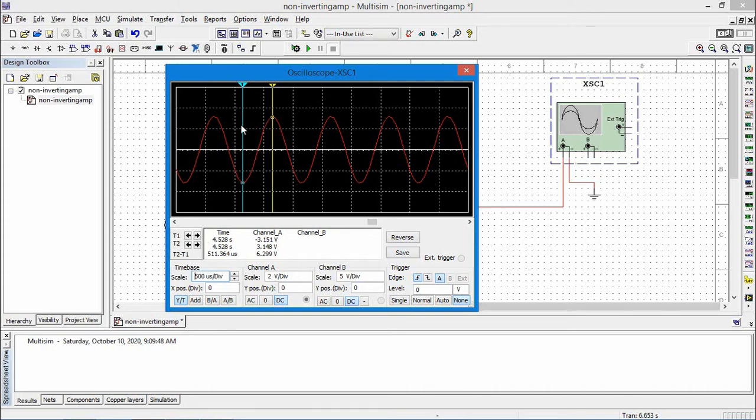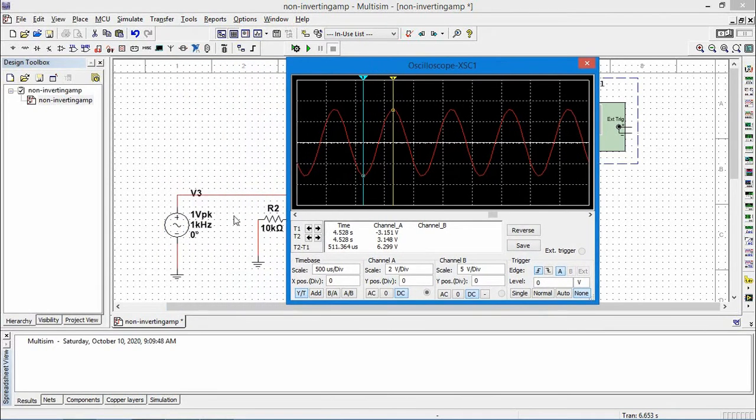The T1 values correspond to cursor 1 and the negative peak value is minus 3.151 volts. So the positive peak is 3.148, which means the output waveform peak value is 3.148 and the input signal peak value is 1 volt.